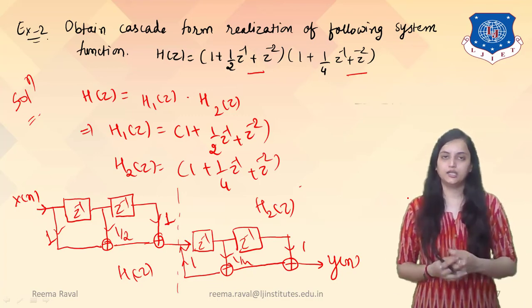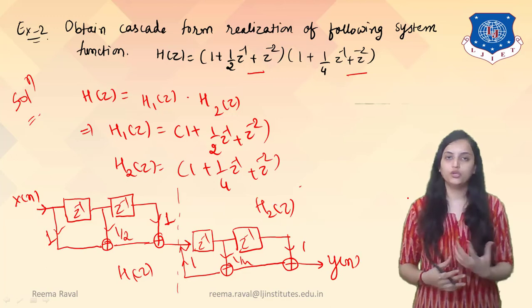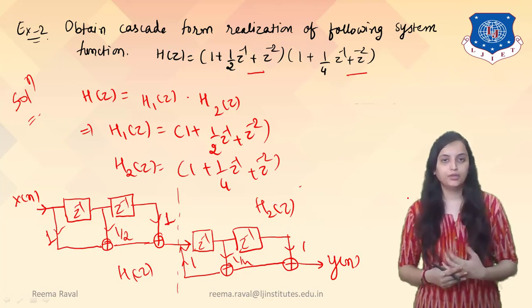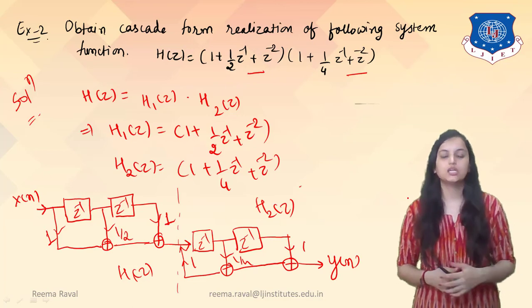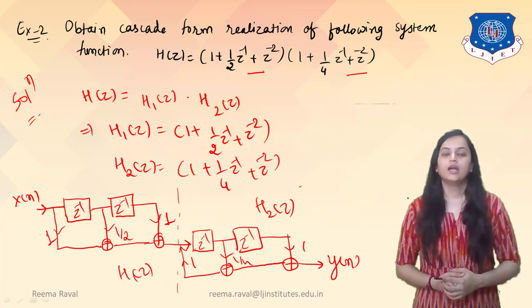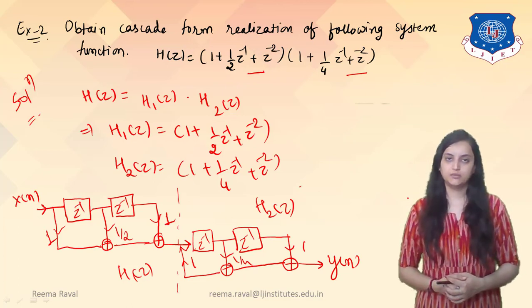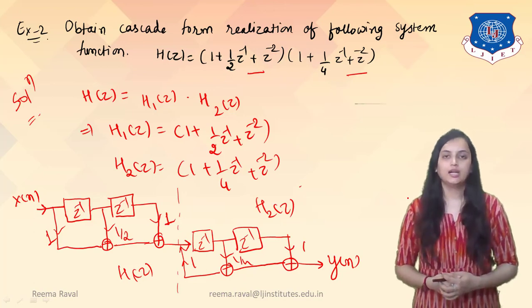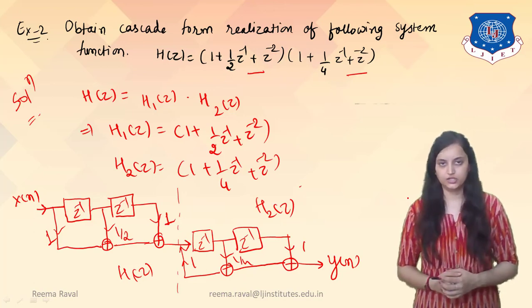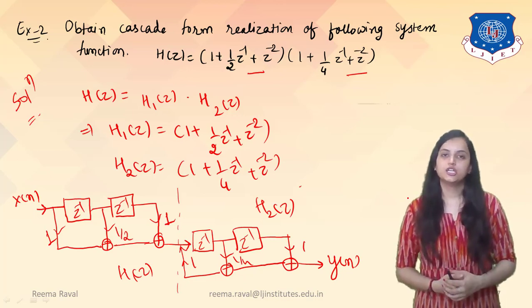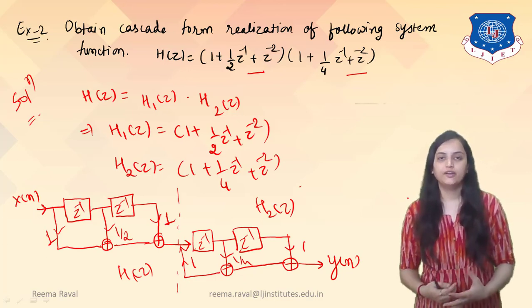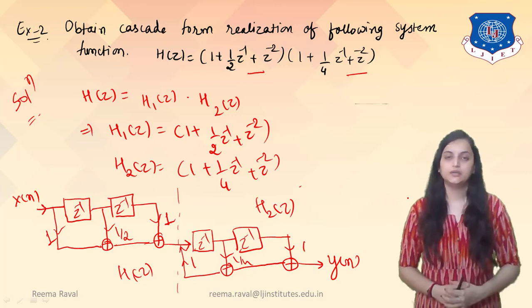Now in general, IIR systems are more used. That means IIR systems and their structures and realizations will be more important for you. And in the FIR system structure, we will have two parts, the direct form structure and the cascaded structure. So here the structures of IIR and FIR filter systems are completed.